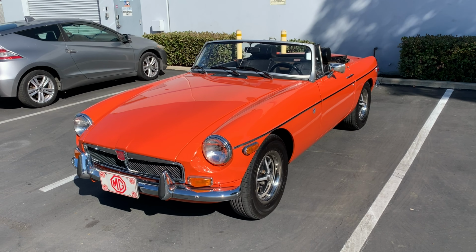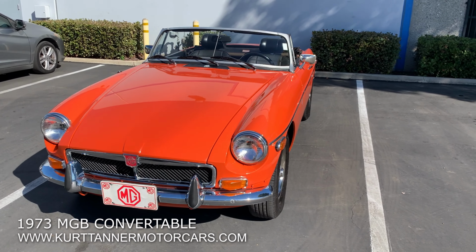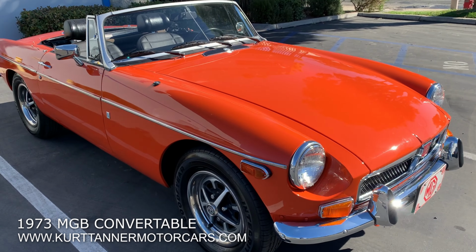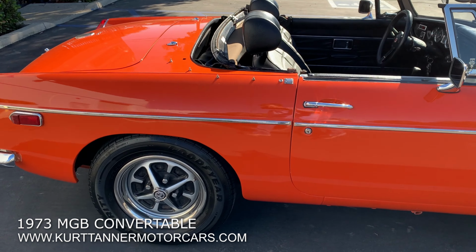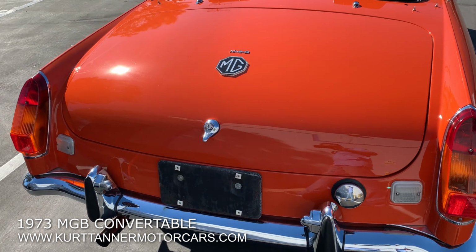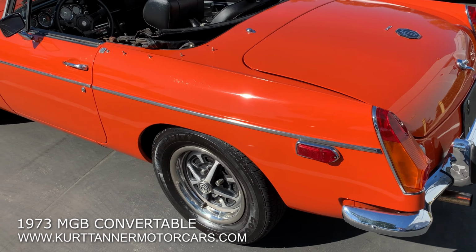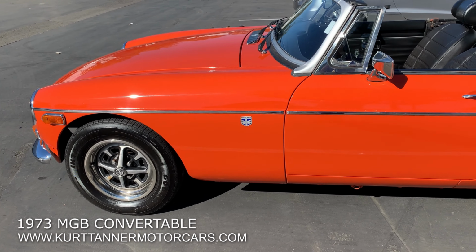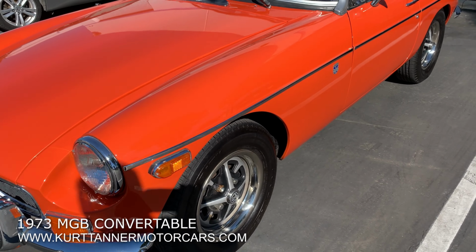Today we have on offer this 1973 MGB convertible. It's finished in blaze orange, black interior, 4-speed, ROSTYLE wheels, black soft top, and we purchased this car recently from its owner in Tennessee. He did a very, very nice recent full restoration on the car, and it definitely shows. So excellent recent fresh restoration on it,